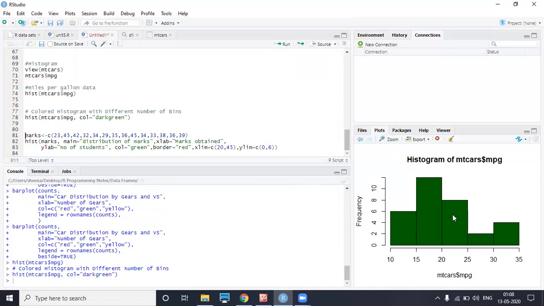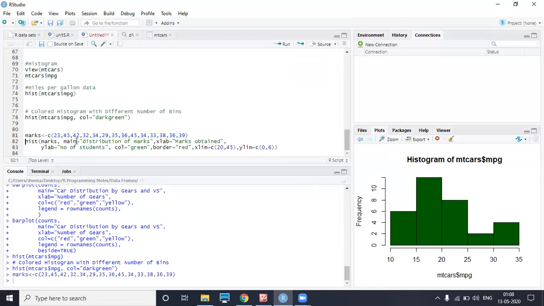Now we will take one real life example, where I have created a vector of marks obtained by some students out of 50. Now I want to see the histogram of these values. I will create a vector first, and after creating it, the command is hist, and I'll pass this. Main is for the heading, as we know, main equals double quotes; when we write it, it will give you a heading.